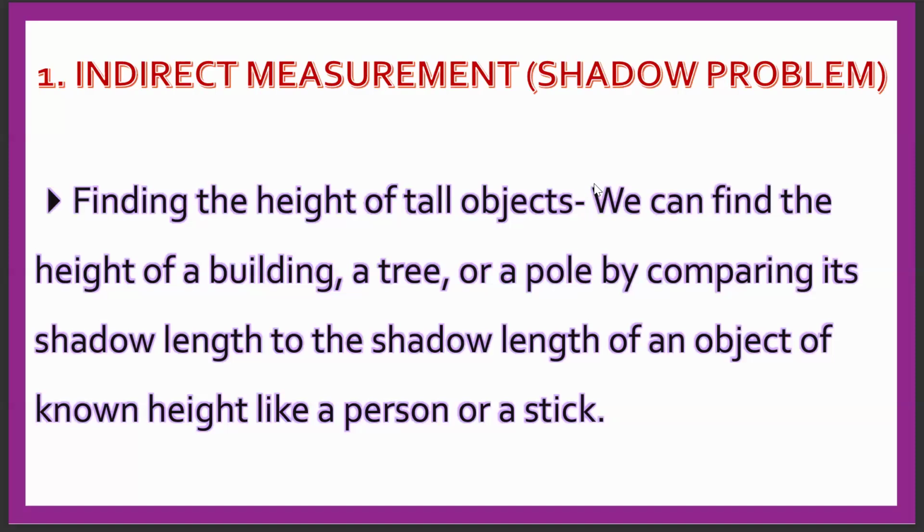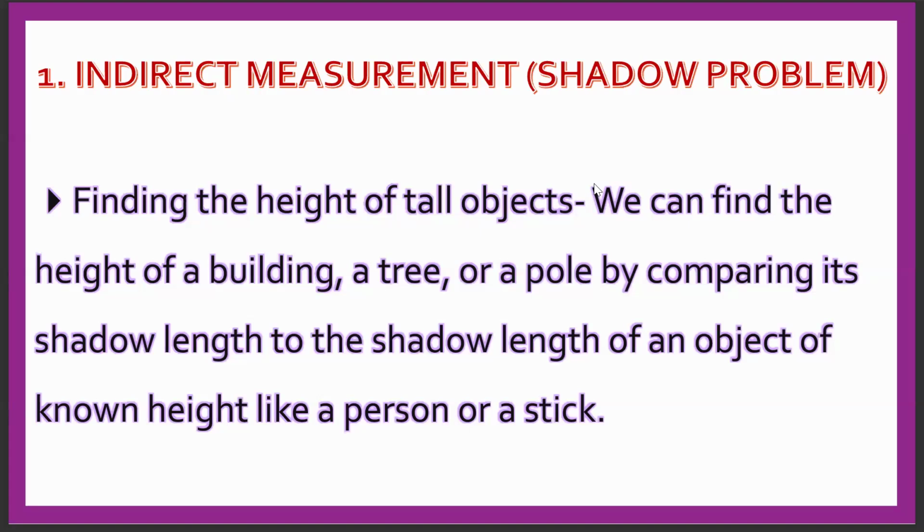We can find the height of a building, a tree, or a pole by comparing its shadow length to the shadow length of an object of known height, like a person or a street pole. We can correlate trigonometry with the similarity of triangles. When we go to the next chapter, the intro to the application of trigonometry, we can associate it with this similarity